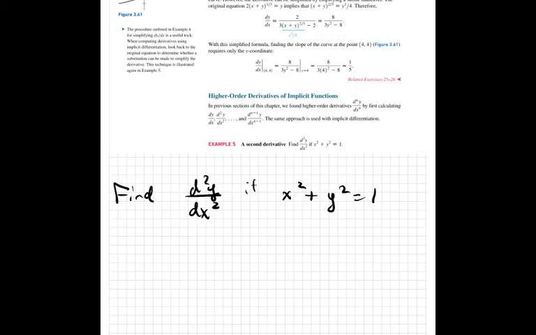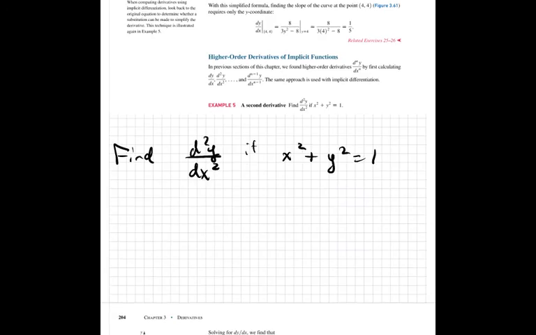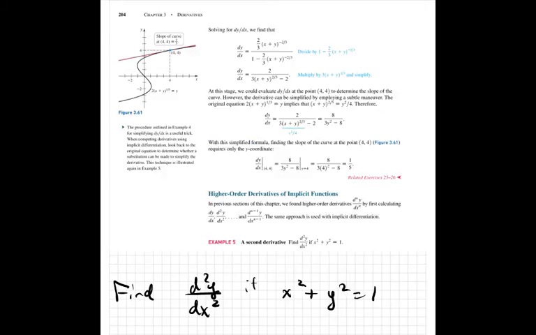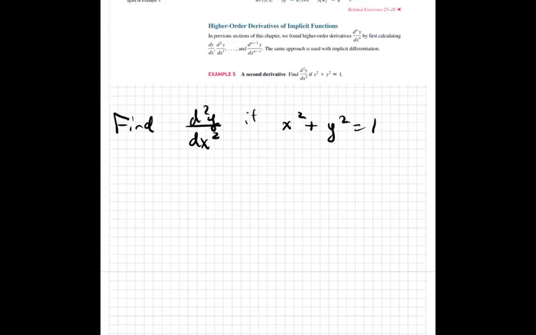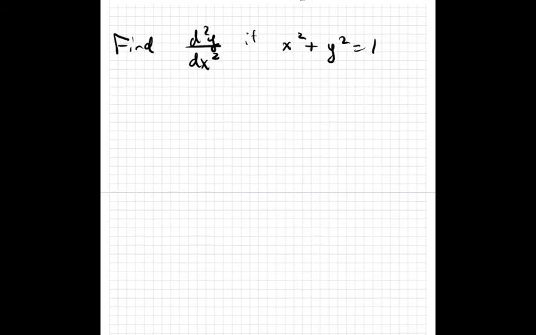Okay, so basically take the derivative twice. So first we're going to find dy by dx. And let's go ahead and add a page. Okay. So first we're going to find dy by dx. So a derivative. So if the original is x squared plus y squared equals 1,